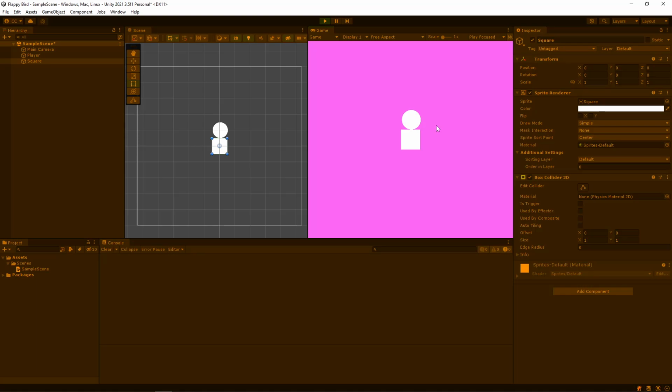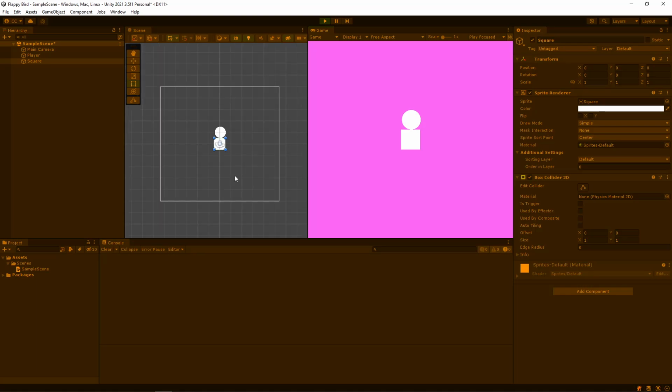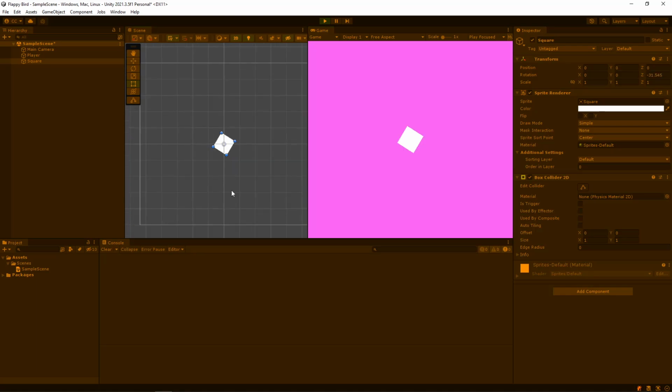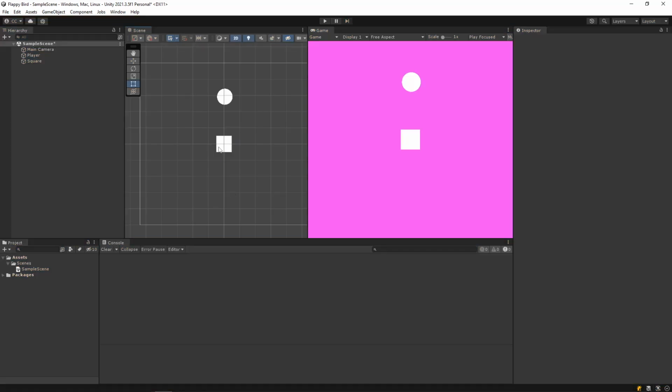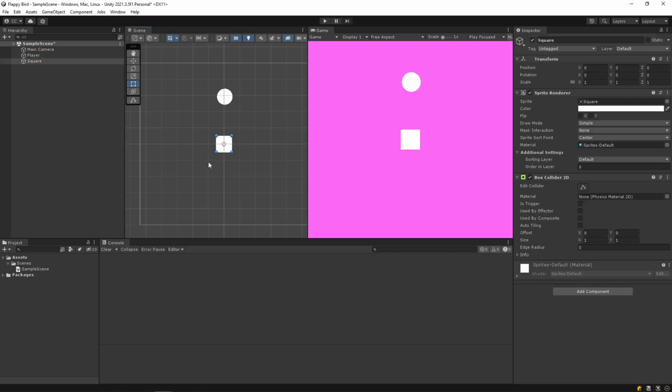One thing while we're here, I think I see Bruno is adding in some colliders. While he's doing that, I want to stress that while you are in play mode, if you make any changes, well, one of the cool things that Unity lets you do is that while you're playing the game, you can make changes. So I can select the square and I can actually rotate this. You can get some fun physics going on. But if I stop playing, it will revert back. It will take away all my changes, and we'll go back to the way it was from before I clicked play.